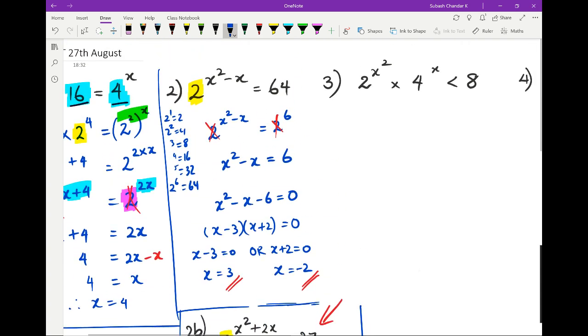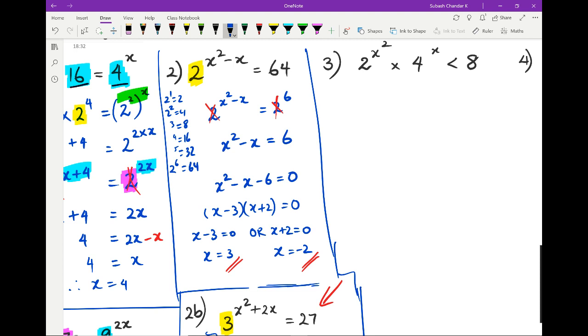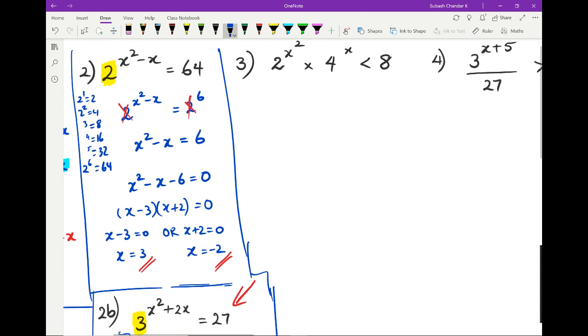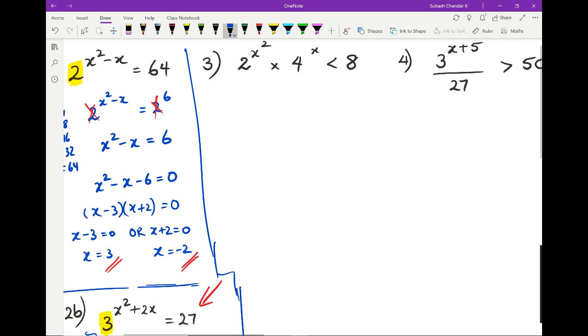All right, let's go to the next question. Now, this one that I have up here, question number 3, I think it is an excellence question. So it's a little bit more work, but again,